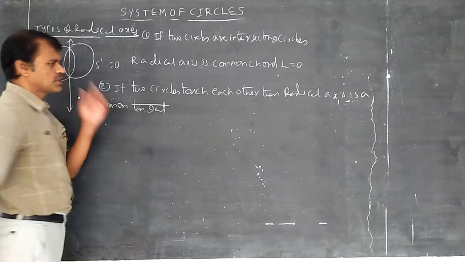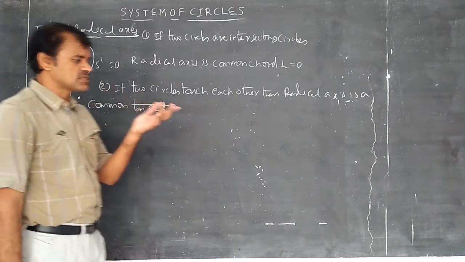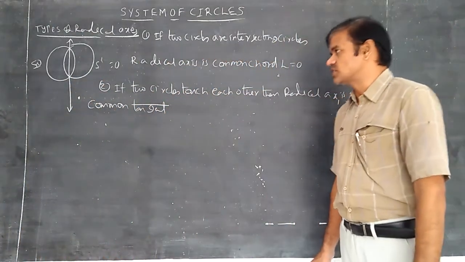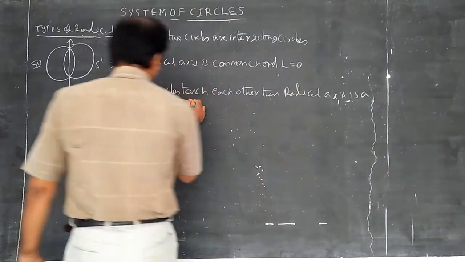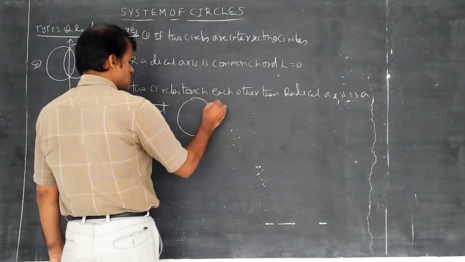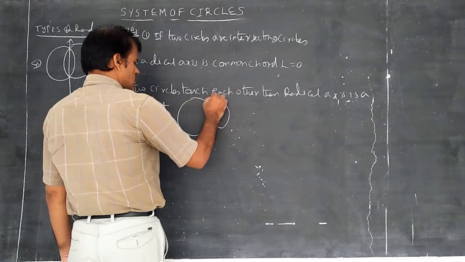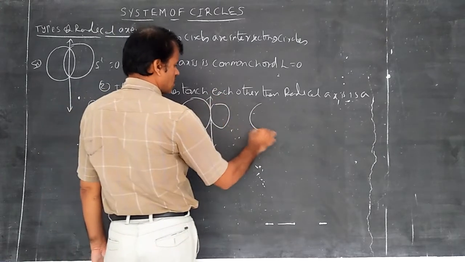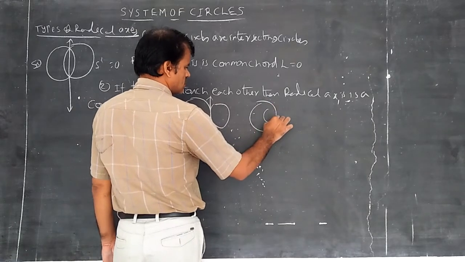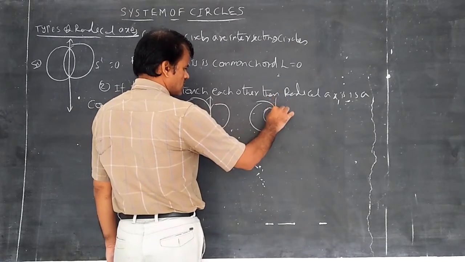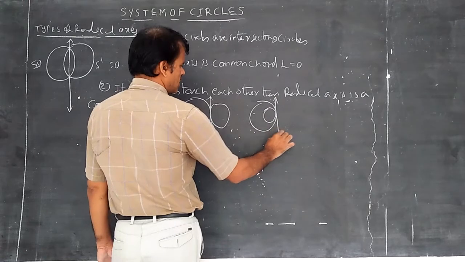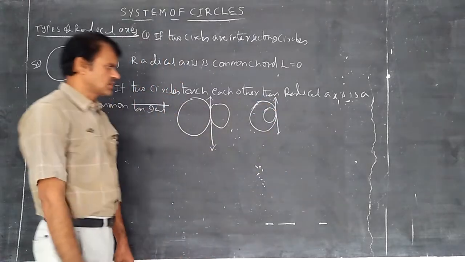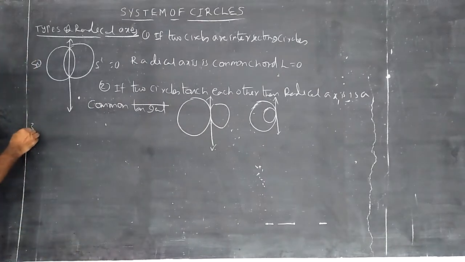In the polar discussion, I said that if P is a point on the circle, then the polar is nothing but a tangent. In the same way, we can discuss here if two circles touch each other. The points whose powers with respect to the two circles are equal lie on the common tangent, like this. But note that the two circles should not be concentric. I will state that rule also.